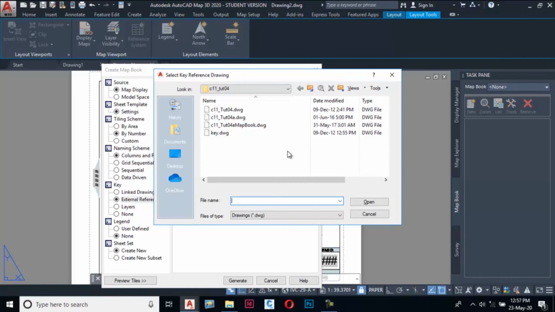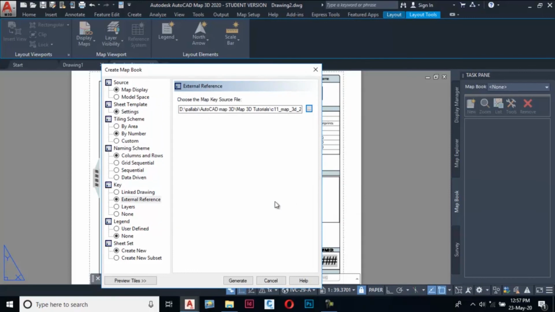In this dialog box, select key.dwg file and then choose Open button. The dialog box is closed and the path of the selected drawing is displayed in the Choose the Map Key Source File Edit box.